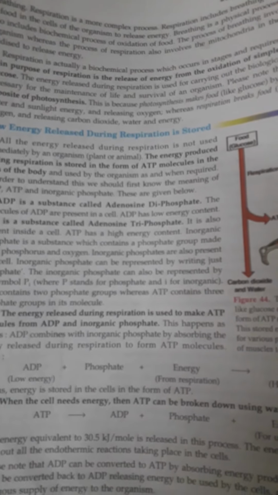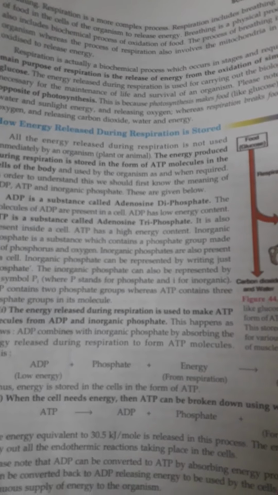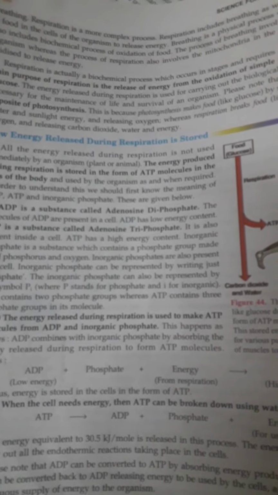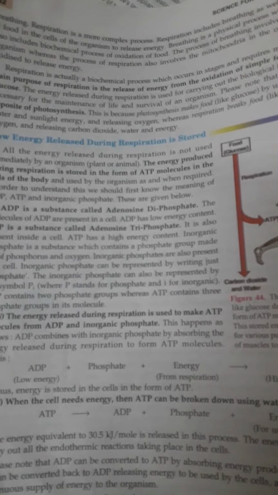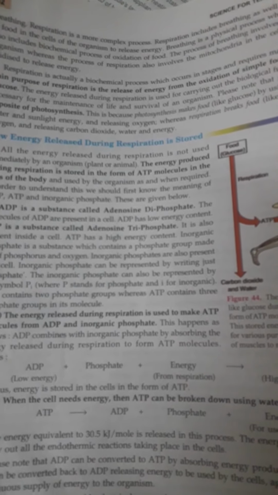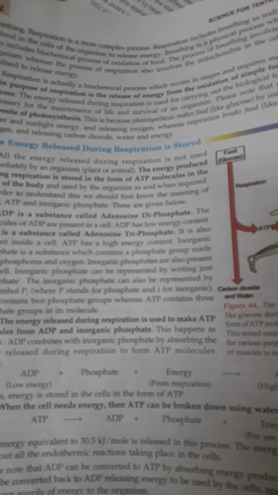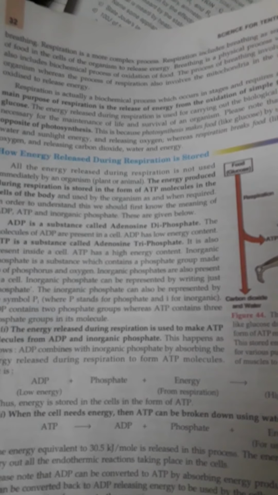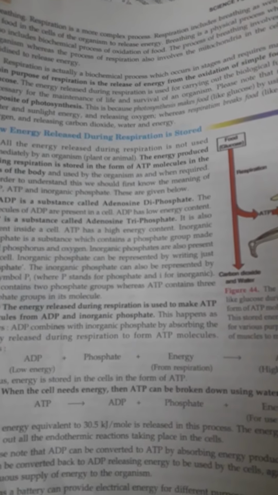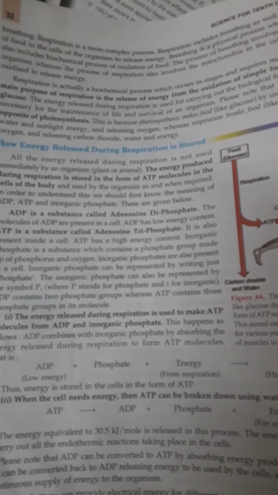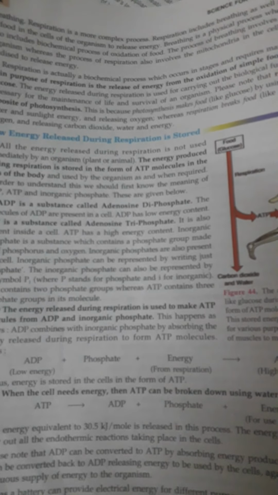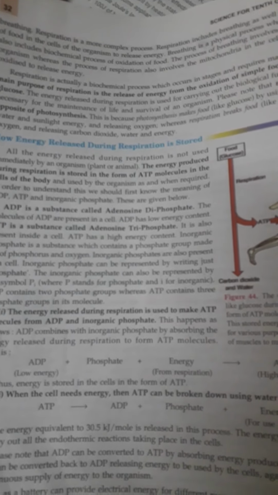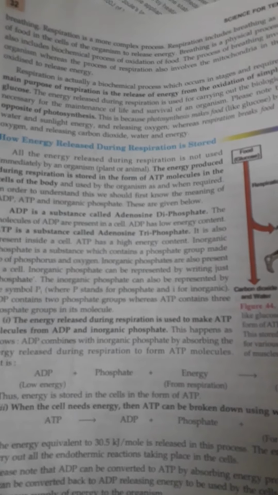If we see the relation between the respiration and photosynthesis, both the processes are opposite of one another. Photosynthesis is an endothermic process because energy is taken, sunlight, with the help of that sunlight energy is taken inside our leaves, and respiration is an exothermic process because energy is released. Photosynthesis is a glucose making process and respiration is a glucose breaking process. Okay, so it is the difference between the respiration and photosynthesis.